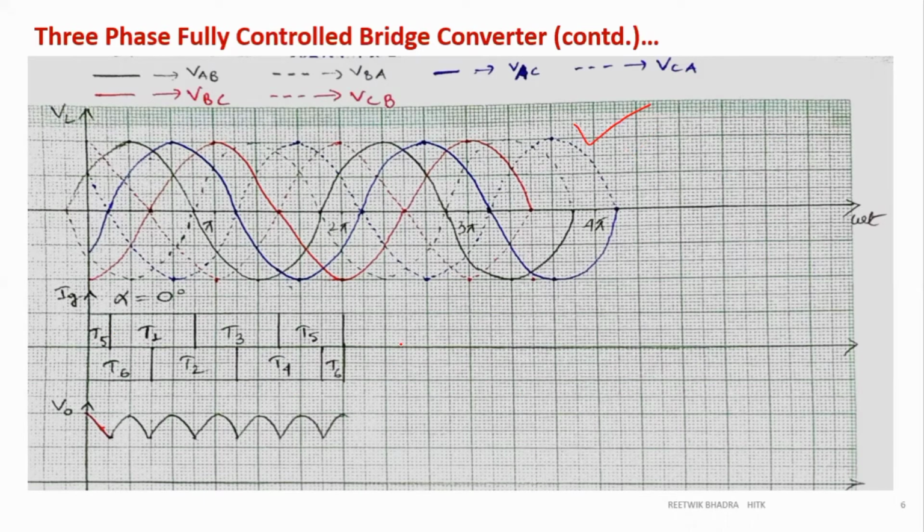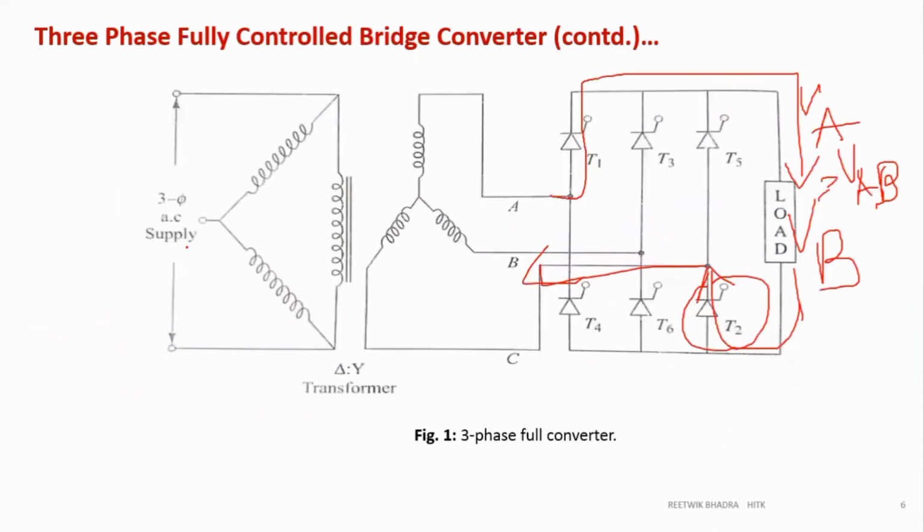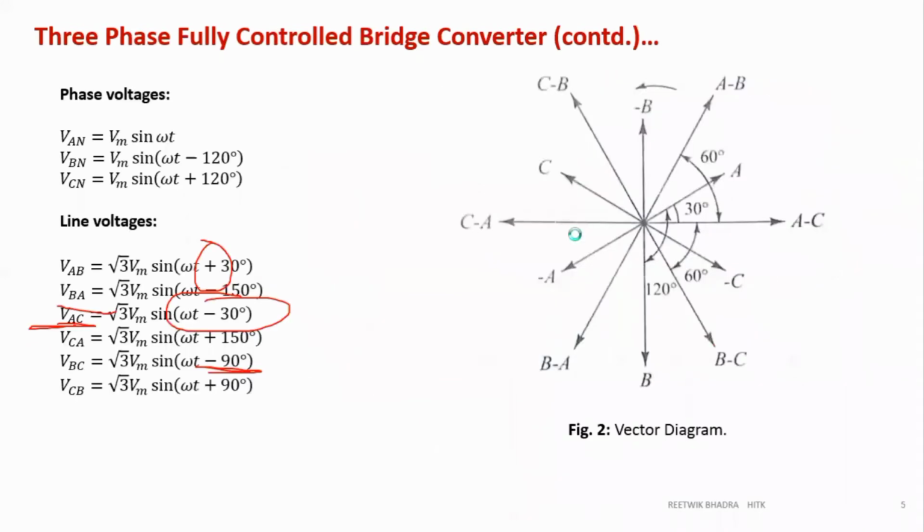And if you are told to draw the output voltage of this three-phase fully controlled converter, you can draw only this, but this can't be drawn without this. If you remember this figure, then all right, you can draw it. But I would rather say you draw this one, then this, then this. That will fetch more marks for you. Because for drawing this directly, I can give you 2 marks out of 5, but if you draw these 3, then I can think about more marks. See the question number, how it is given, and answer accordingly. Because you have to write the description of this circuit also, so that is also important.